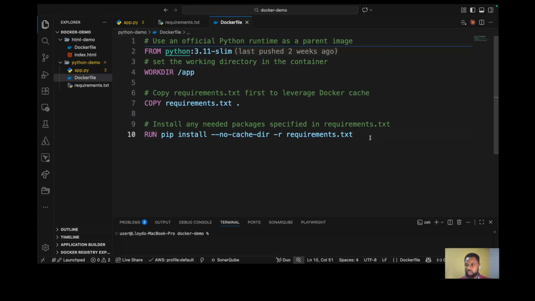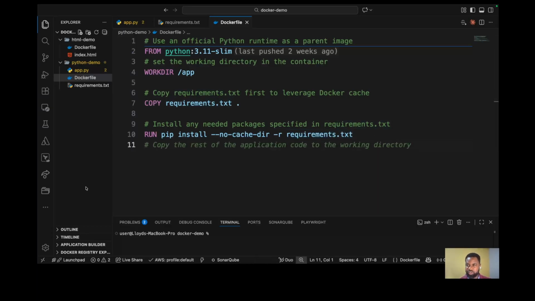We are not going to install a lot of things that will actually affect the size of the Docker image. Okay. And also the -r flag here, what it does is simply referencing the requirements.txt file. And what this is doing is that it's going to install all packages that are listed within this particular file. The -r flag here is installing all the packages within this requirements.txt file. Okay, so now that this is done,